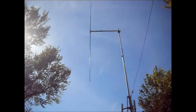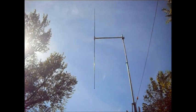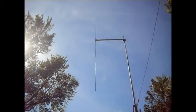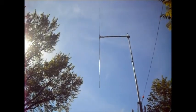Now if I had some kind of plastic pipe or something, my SWRs would be better. They did go up. They're about a 1.5 or a little more on 10 and 11 meters, and they get down to about a 1.3 on 40, so it is safe to transmit. But if I turned that horizontal to where it was flat,